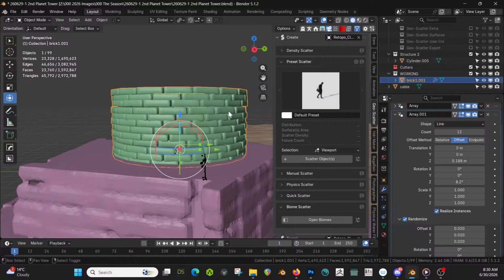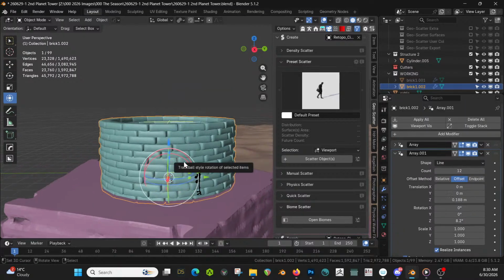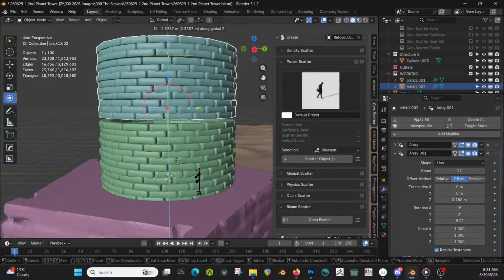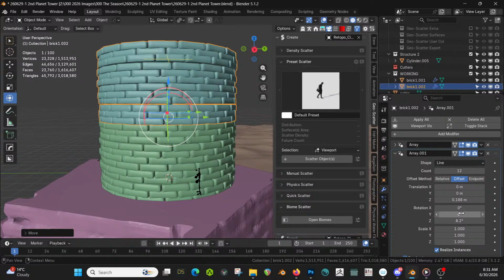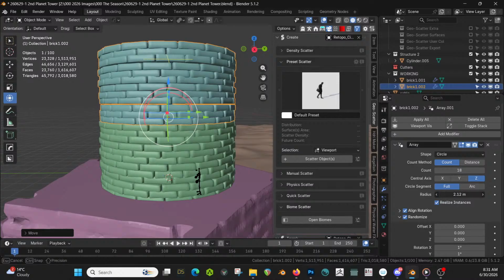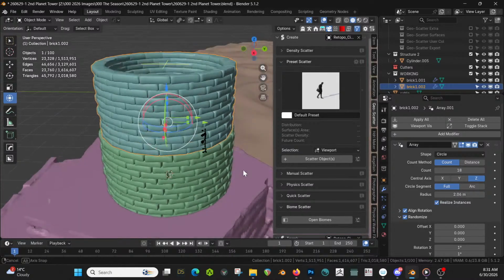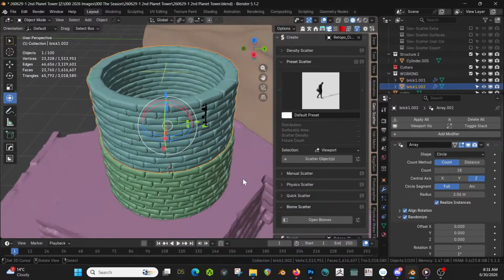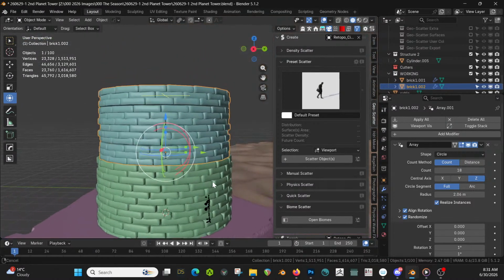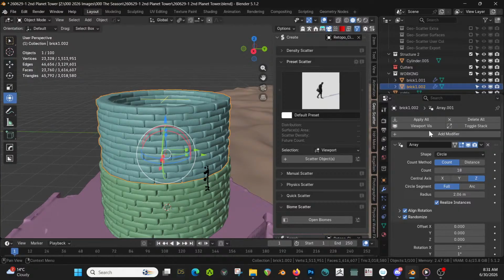Okay. Shift D. Turn off the old one. Let's build it first. GZ. And radius. In just a little bit. Ooh, nice. Sarcasm. Let's see. I'm going to